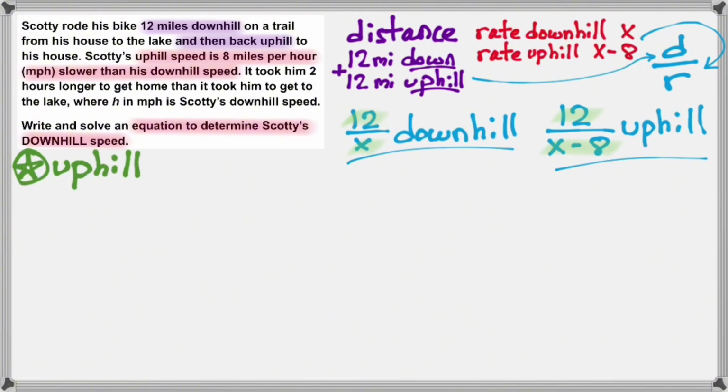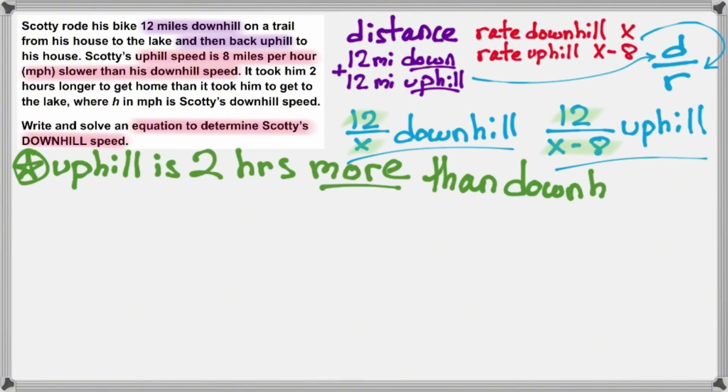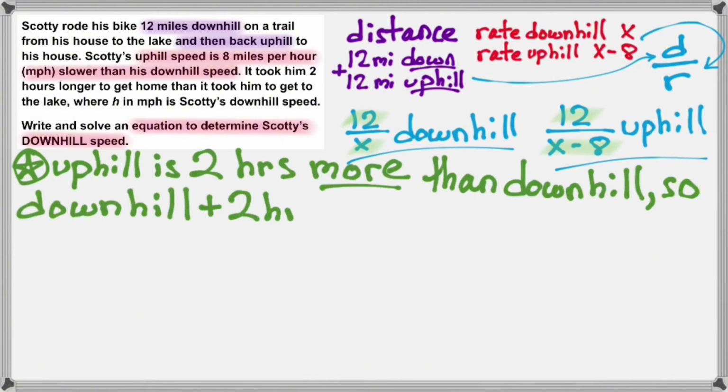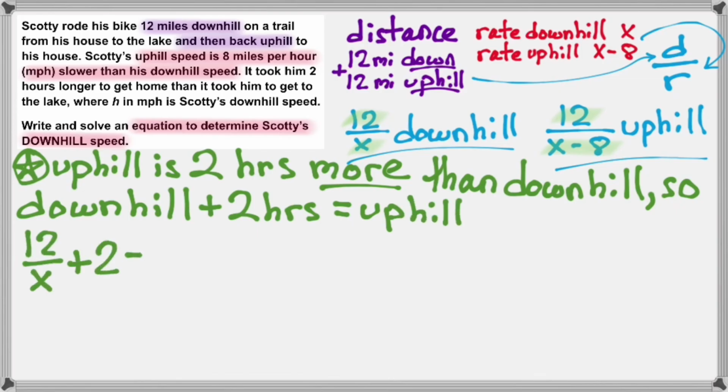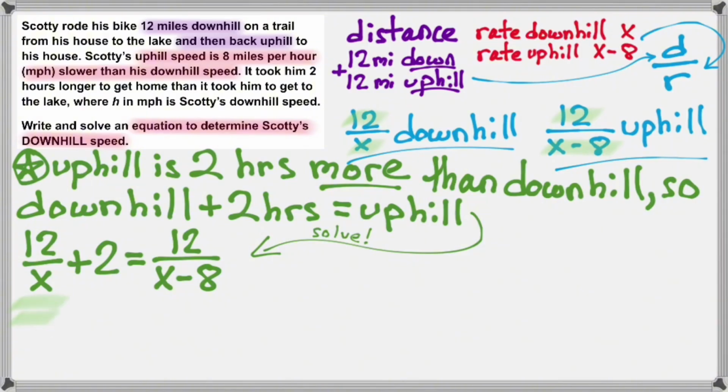But now the thing is, it says his uphill time is 2 hours more than his downhill time. So that means you take the downhill expression, which was 12 over x, and that amount of time is going to be added by 2 for 2 hours, and then you will have it equaling the amount of time